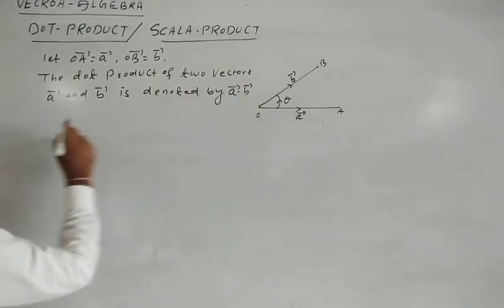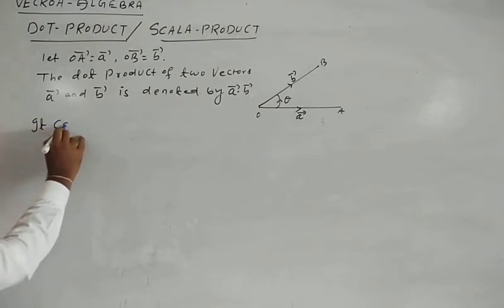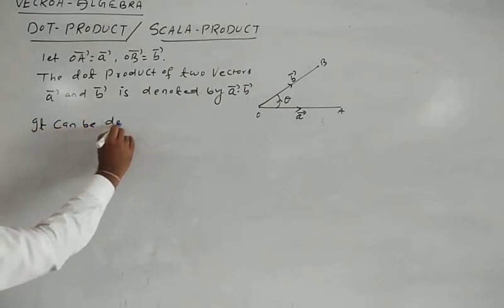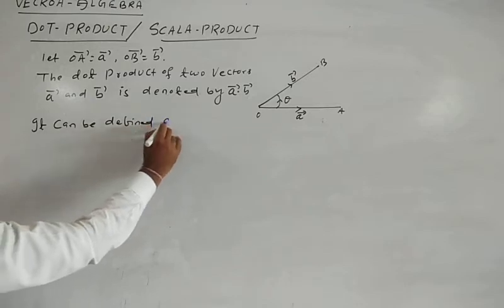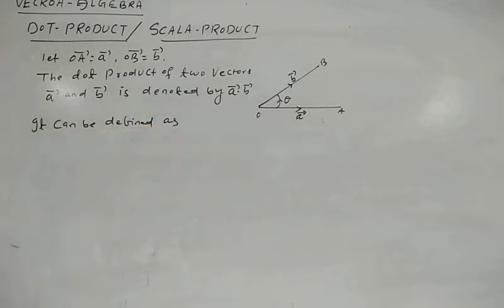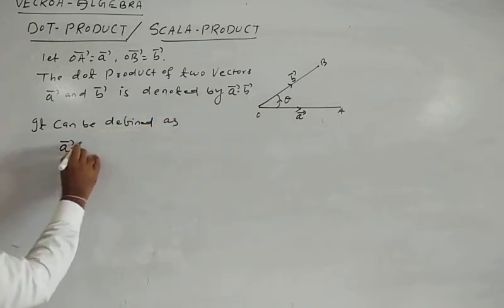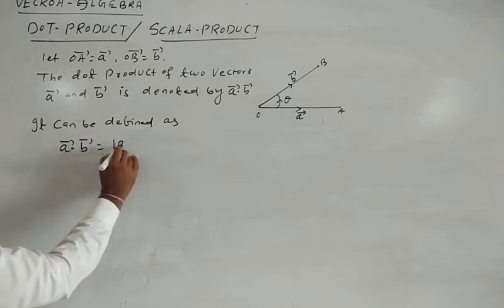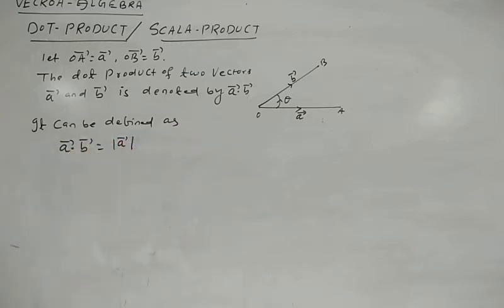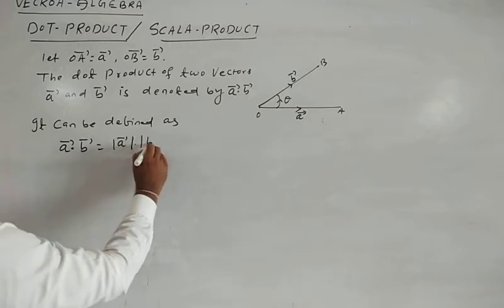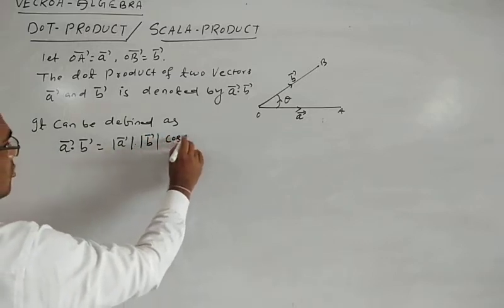It can be defined as A vector dot B vector equal to A vector magnitude into B vector magnitude cos theta,